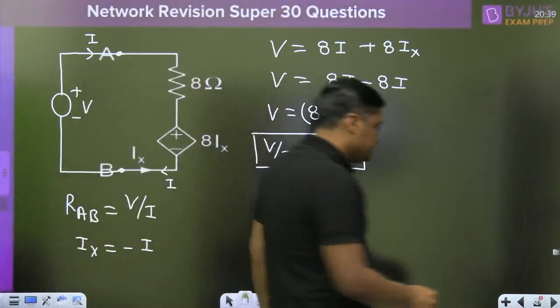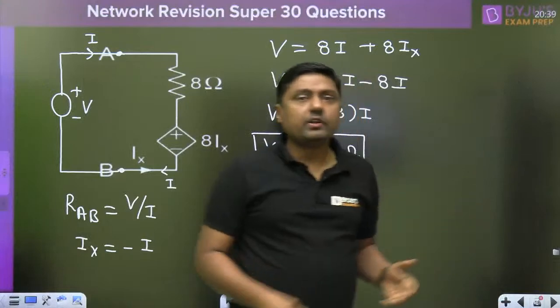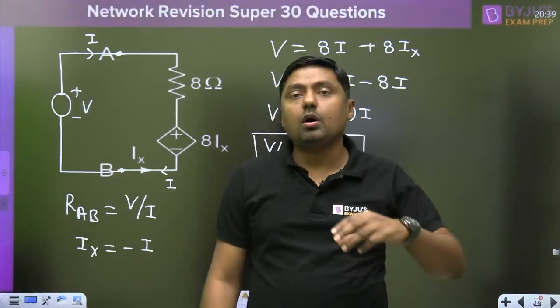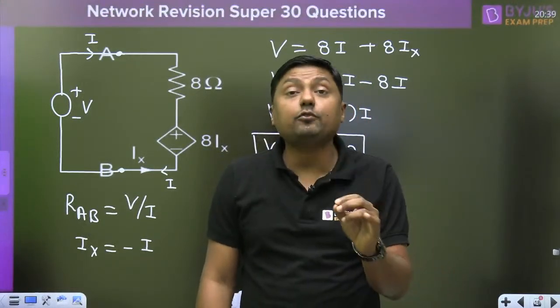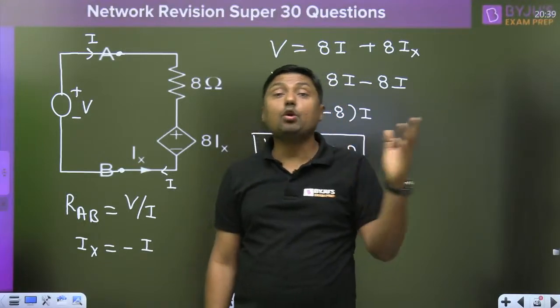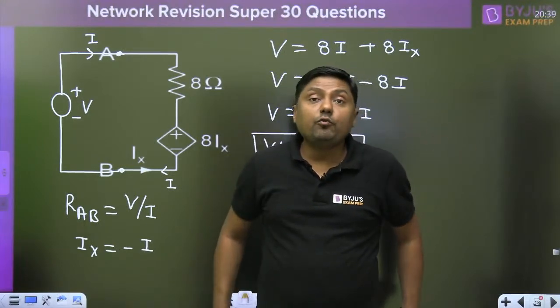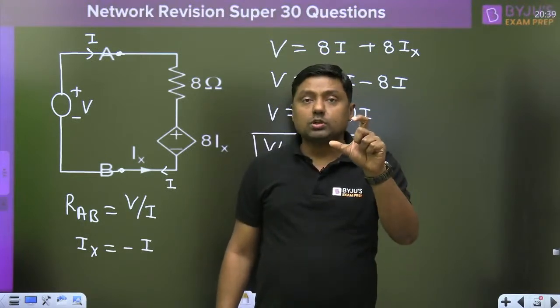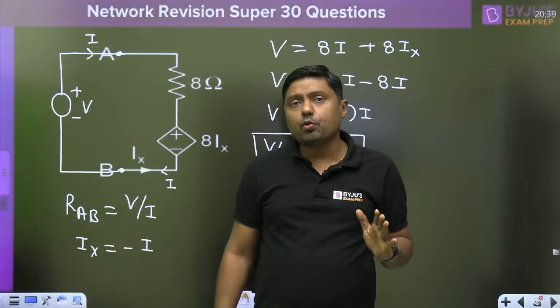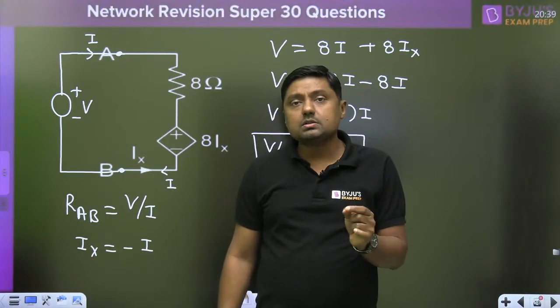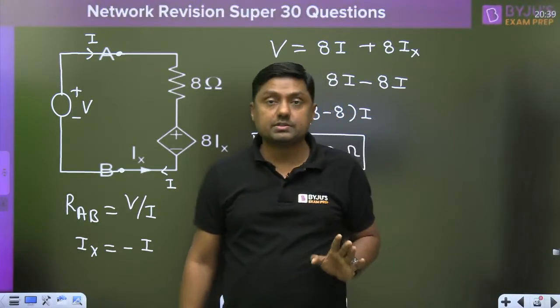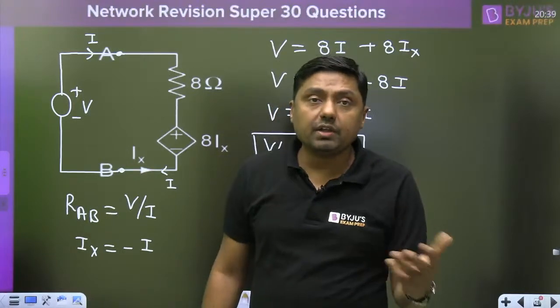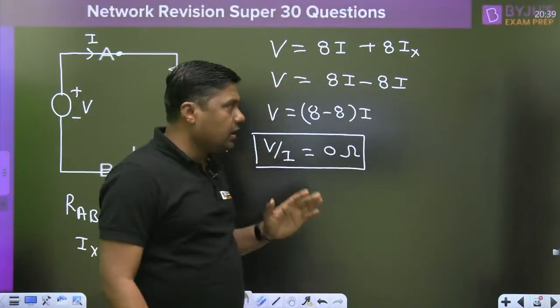That is the value. For any circuit, whether it is a network or analog or any number of circuits, we have to find the input resistance. For example, in an operational amplifier, we have to find the input resistance, or the resistance across these two terminals. If the resistance is required, always remember voltage upon current given by that voltage, and you can find the value.